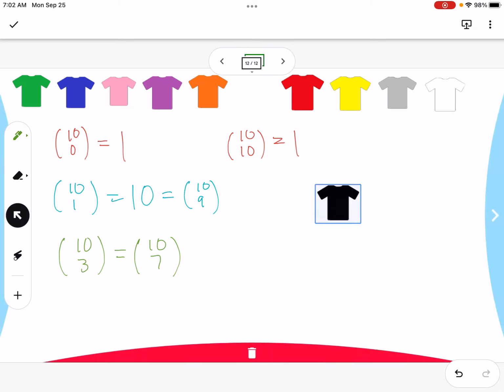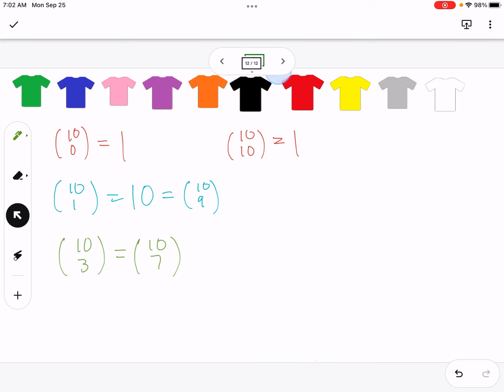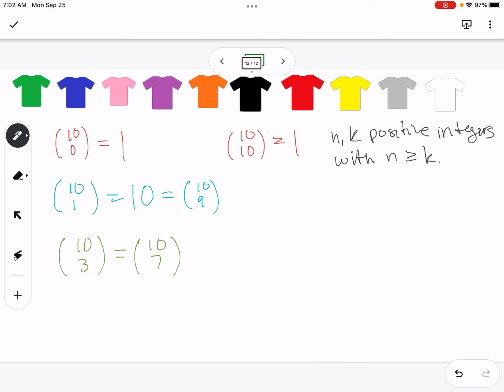So a couple of key formulas when we're using the binomial theorem: if n and k are positive integers with n greater than or equal to k,